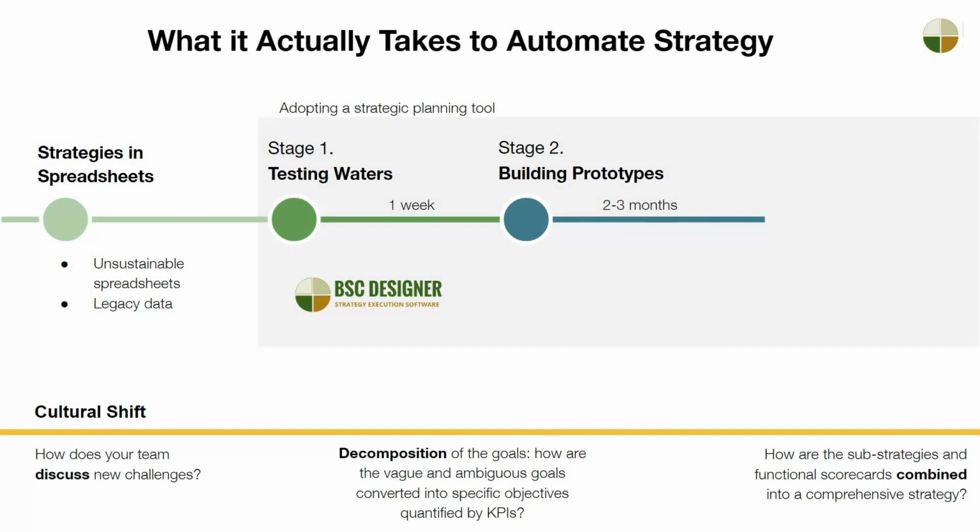At this stage, the adaptation is on the level of the terminology, workflows, reports, user model, data access model, etc. On stage 2, we typically see just a few key members of the strategy team. On stage 3, their challenge is to get other stakeholders on board. Key questions: How can we involve other members of the team in strategy design and execution? How can we connect strategy and functional scorecards into comprehensive strategy? The timeline is 6 to 12 months.